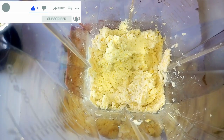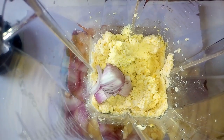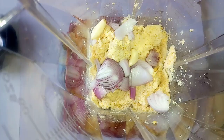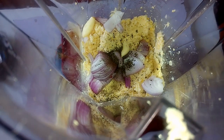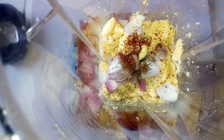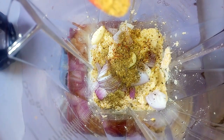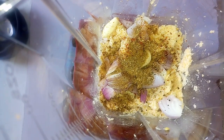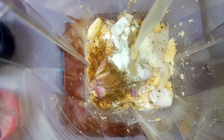Once I've blended my chickpeas into a rough paste, just like this, I'm going to start adding in onion, just a little bit of onion, 2 garlic cloves, 1/3 teaspoon of black pepper powder, 1/3 teaspoon of cayenne pepper, half teaspoon of ground coriander, half teaspoon of cumin, half a teaspoon of baking soda, 1 freshly squeezed lemon juice,